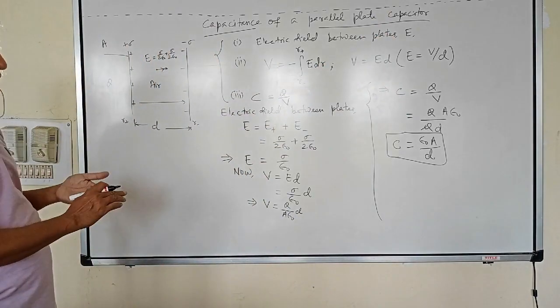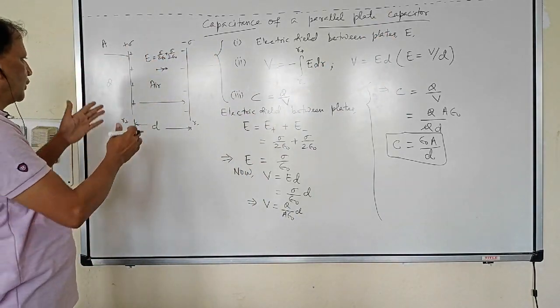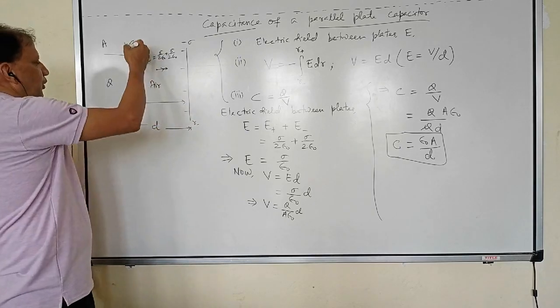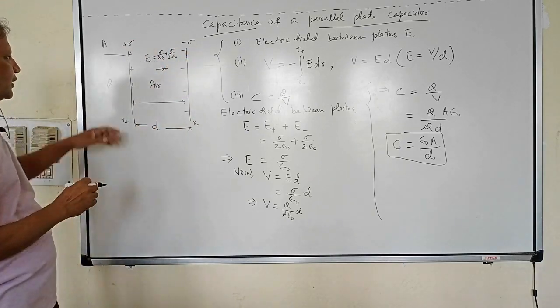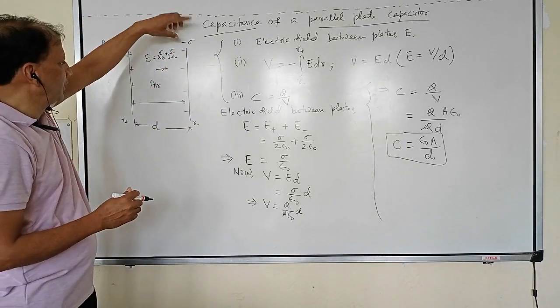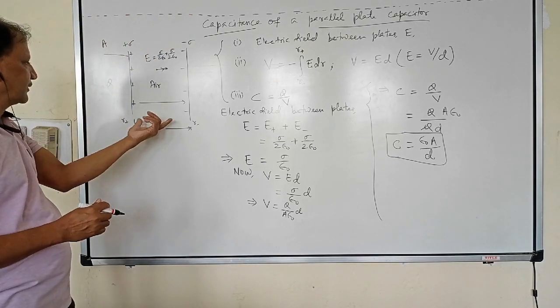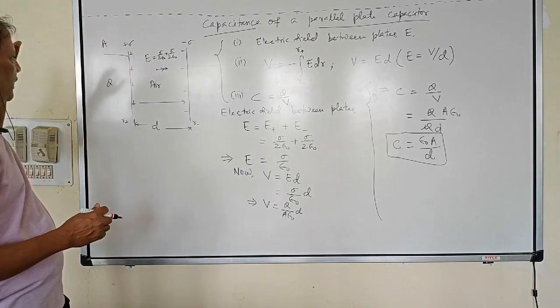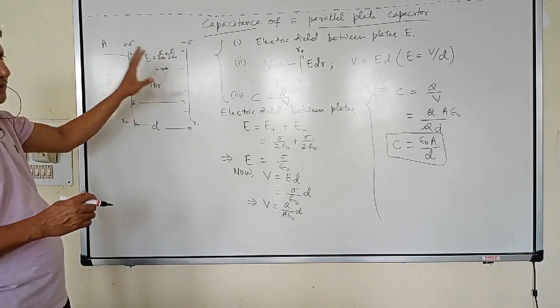What to do? First of all, अपन ने ये diagram बनाया. दो plates हैं, है ना? Positive charge दिया, second में तो negative charge है. Surface charge density plus sigma minus sigma. Spacing between the plates, let us suppose it is D. Air is the medium between the plates. Charge Q is the total charge of the capacitor.